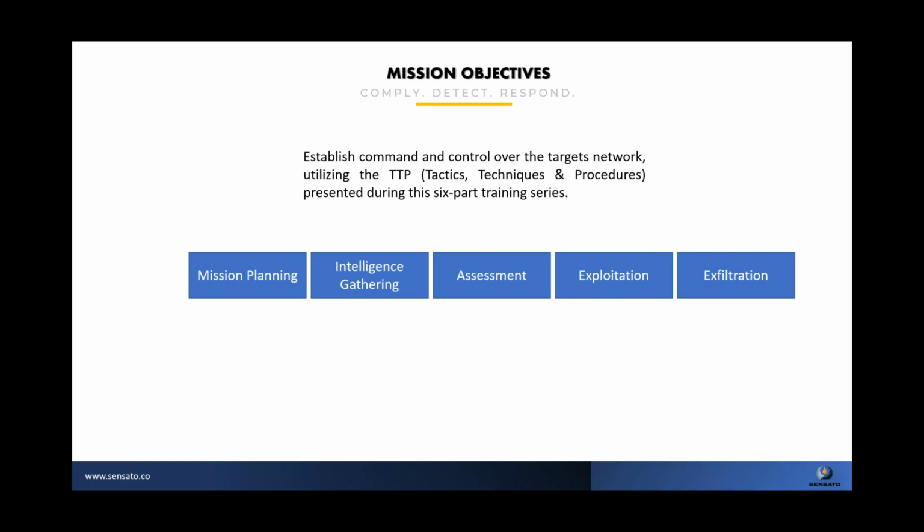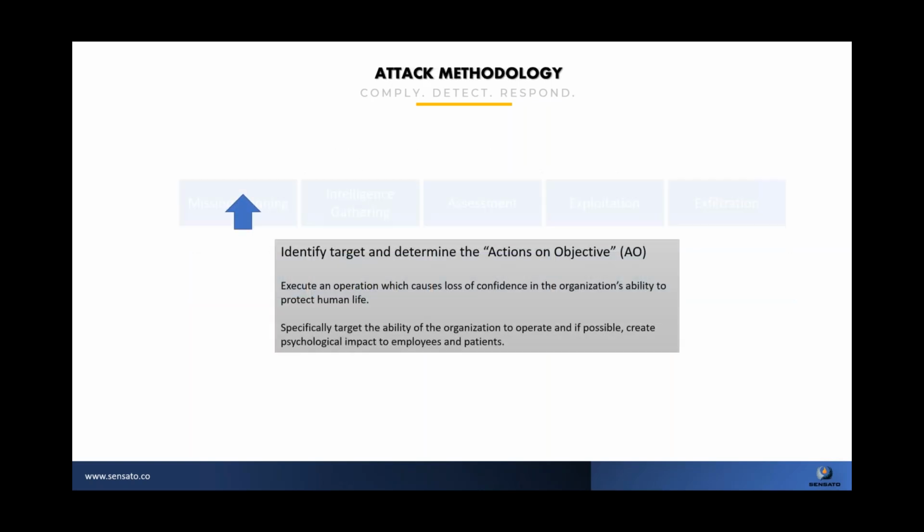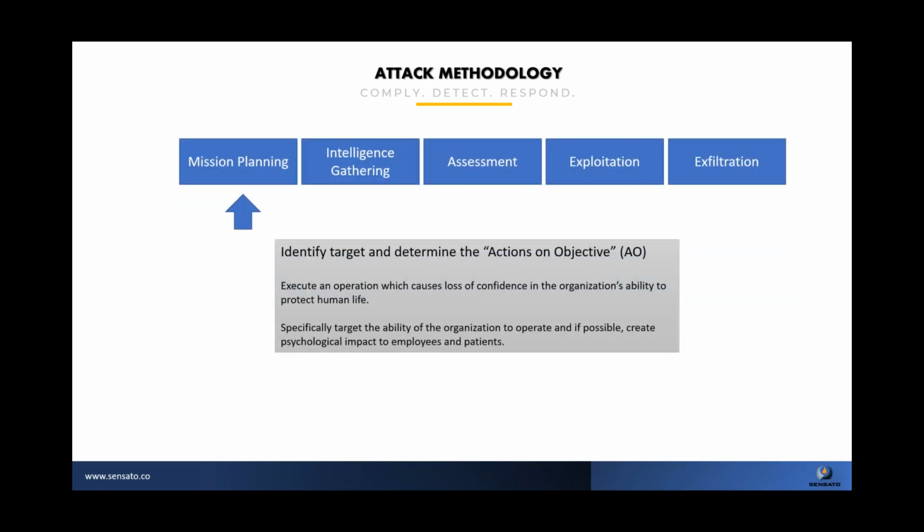And obviously, most importantly, how would you defend against this? So hopefully this serves as a really good review of everything that we've covered, or many of the things we covered. So first thing is we need to, from a mission planning perspective,